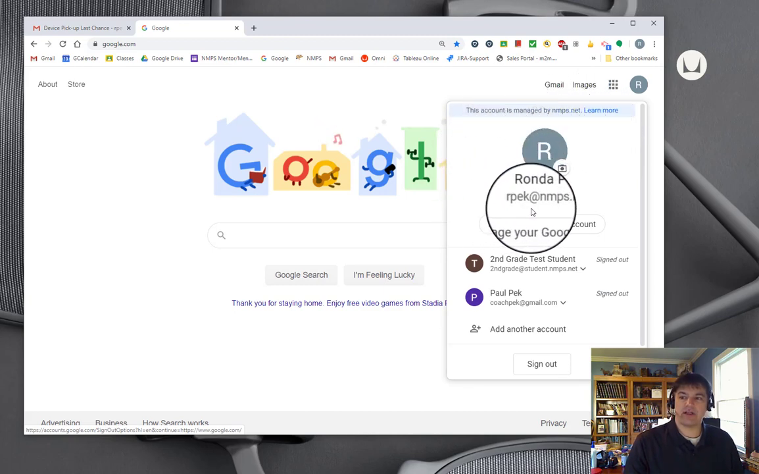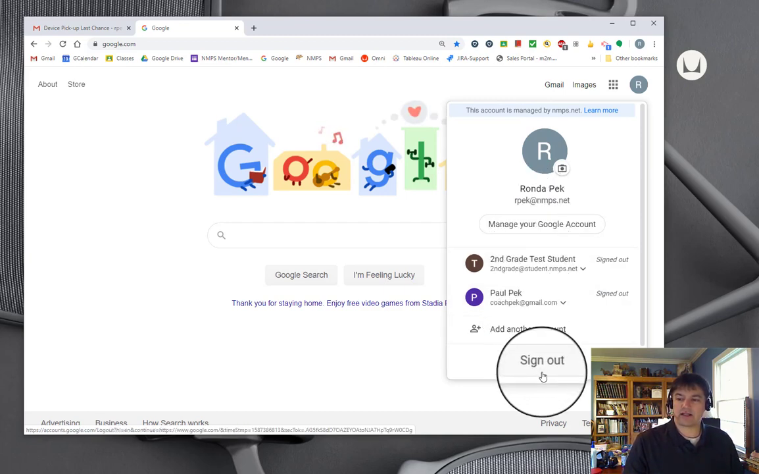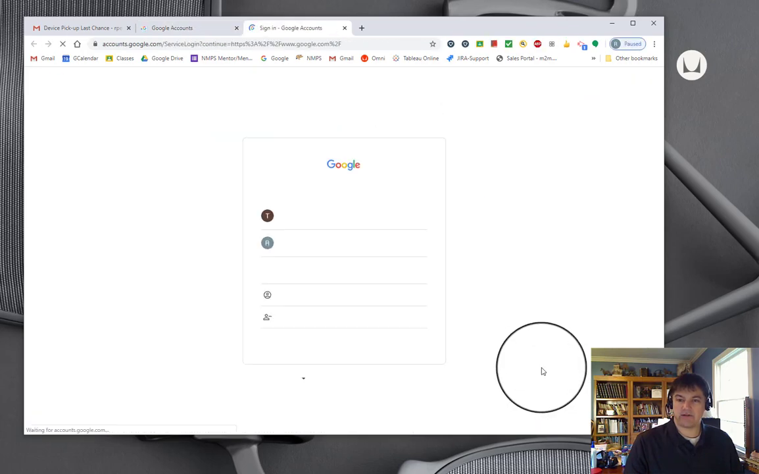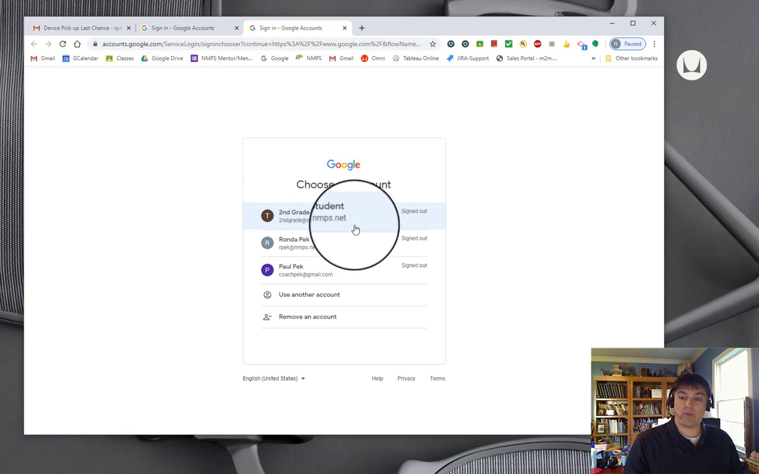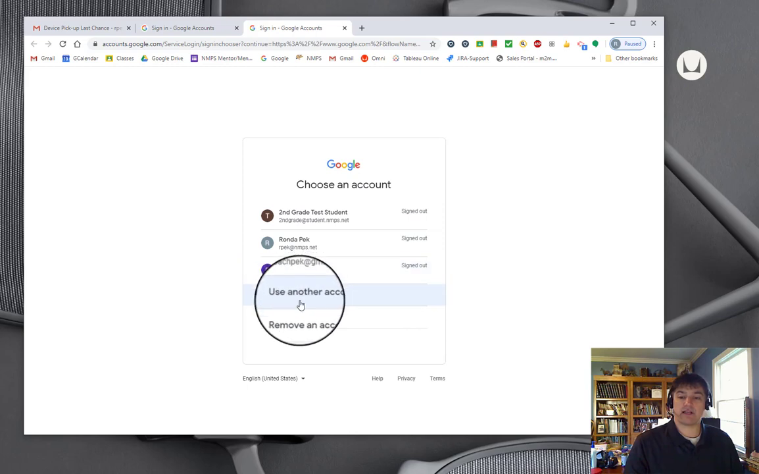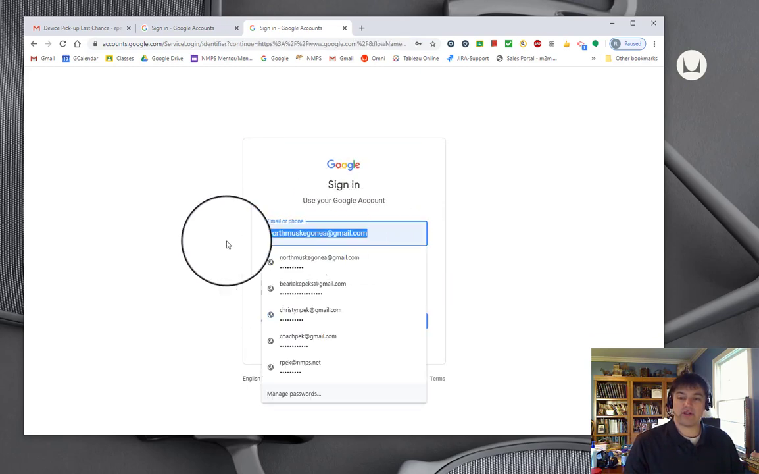So in this example, I'm signed in as Mrs. Peck. So before you can get into Google Classroom and get into your student account, you have to be sure to go down here and click Sign Out. And then it will remember, so that for future sign-ins you should see your student's account in here, but the very first time you'll have to click on this Use Another Account, and this is where you would put in